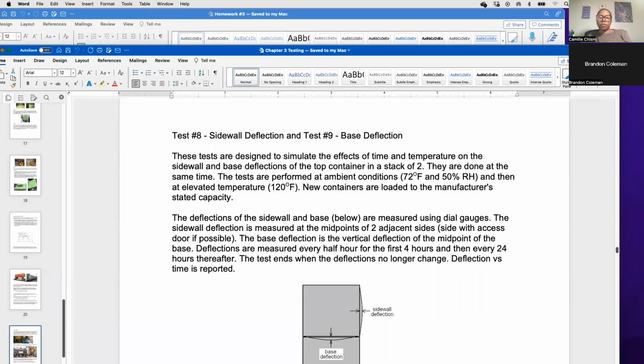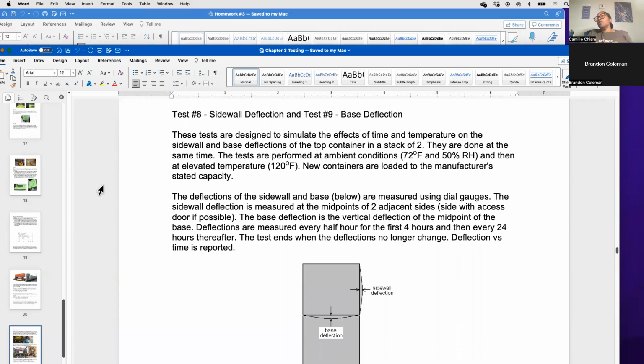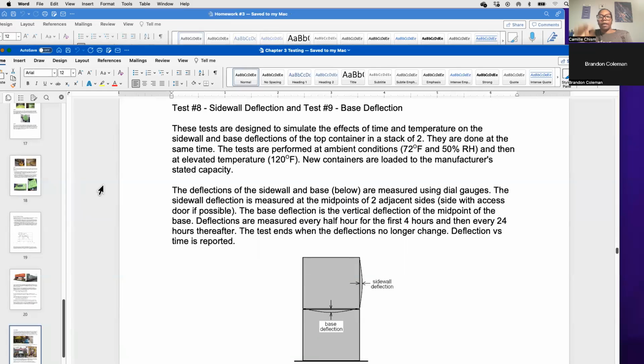And again, what you're looking for is the capacity for that particular bin. You can Google that and you should be able to find that out. And then